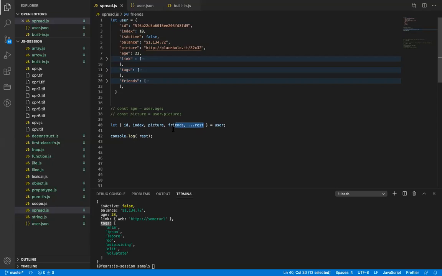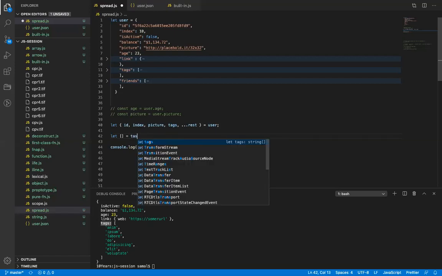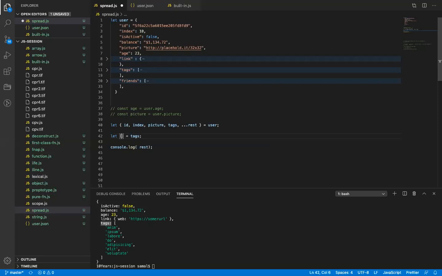Okay. The same applies to an array as well. Let me just use tags only. So I will use tags here, and the same applies for an array. For an array we have to use array notation and the array value. Then, because an array does not have a kind of key, right? We have to pass a name where you want to hold the value. All right. Again, it will start with index 0.